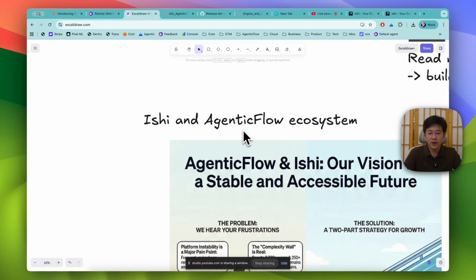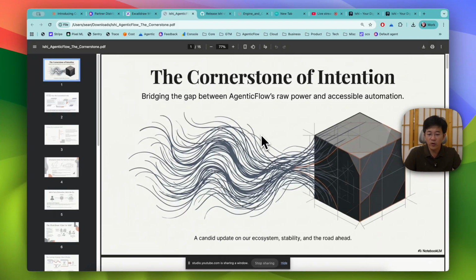I'm preparing a slide, together with help from Notebook LM, to share my vision about Ishi and how it can help us in the AgenticFlow ecosystem, and perhaps also tackle some of the concerns from the community. So after today, tomorrow we will send out an email to collect wider feedback from the community,